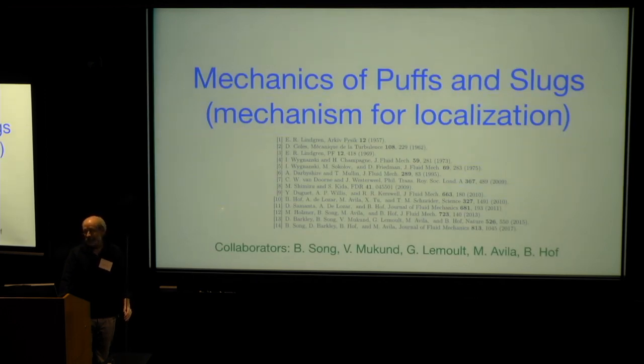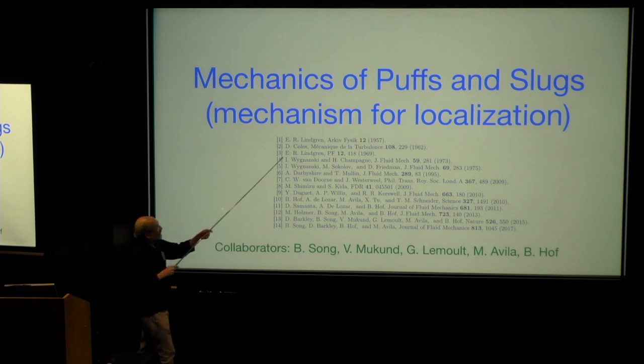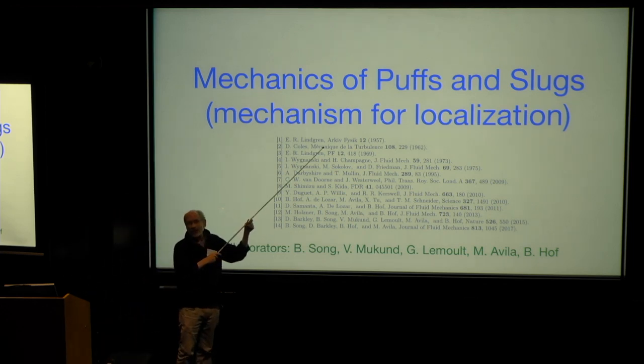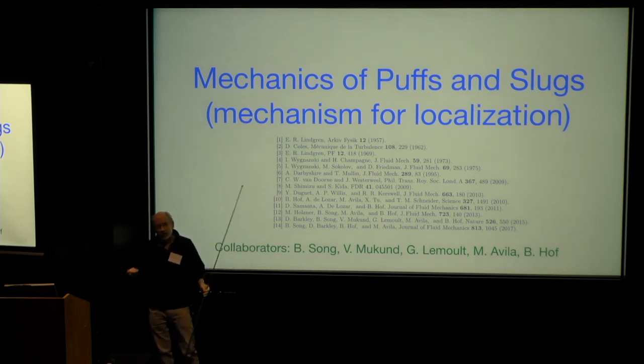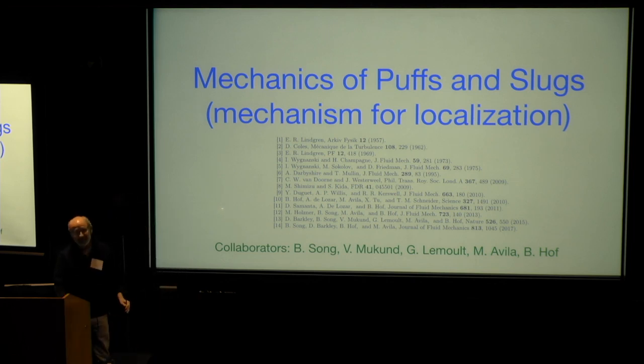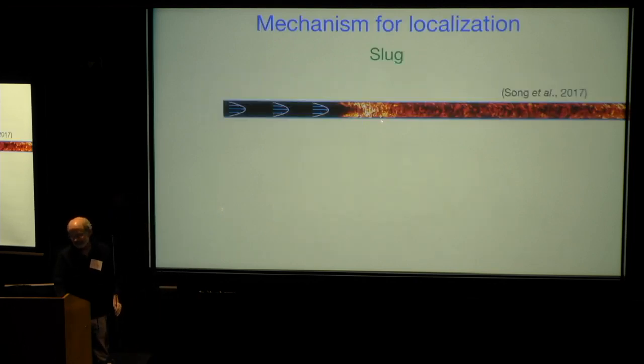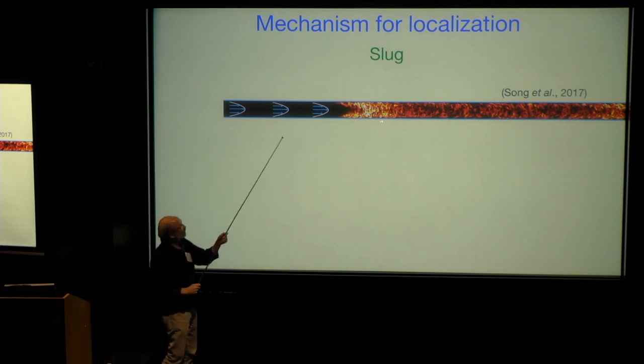Okay, so I'm now going to explain the mechanics of puffs and slugs. And this, again, I just can't get over this paper. Don Coles understood all this perfectly well. He never wrote down any equations, but he understood what I'm now going to tell you. So this is the way. It's easier if I start with a slug. A slug is one of these expanding bits. I don't care about the fact that it's expanding. So let's look at it.